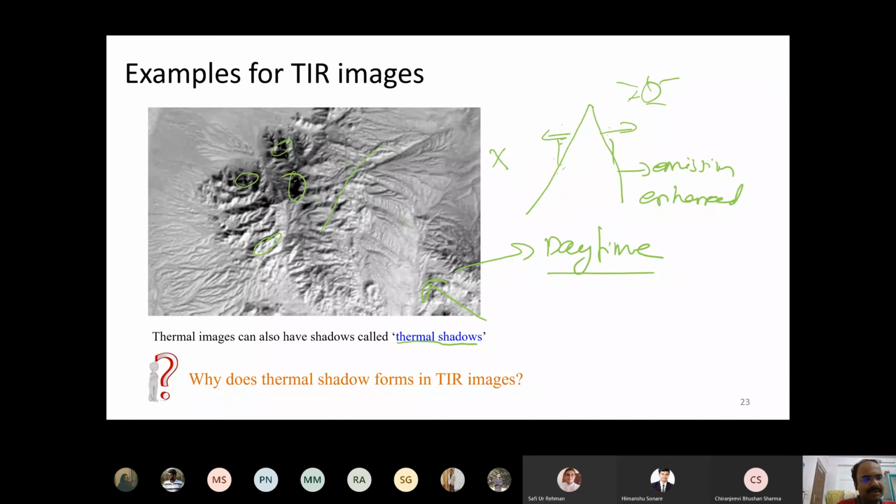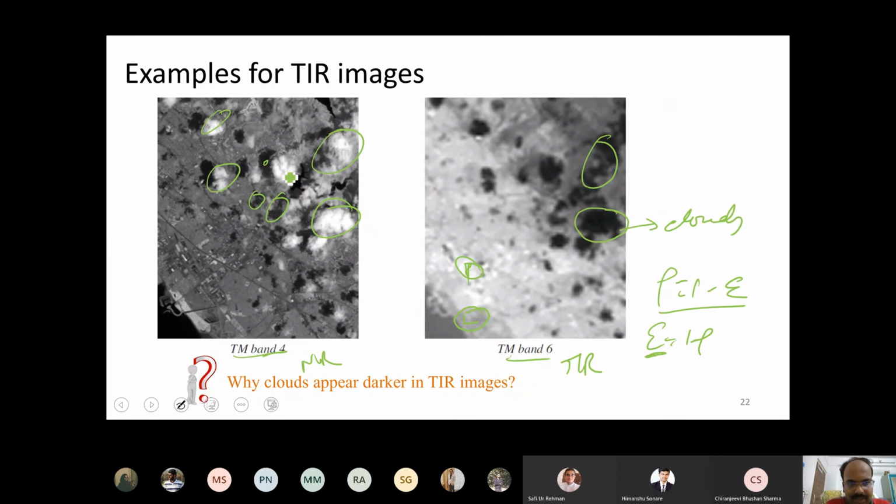In thermal infrared images, shadows occur because some amount of heating energy is being cut off from the surface. Even in this previous image, this cloud obscures whatever solar energy is coming in, and that is why the land surface below it has a slightly lower temperature than this portion. Here you can also see a small thermal shadow. This is a thermal shadow because the cloud obstructs the energy, and the amount of heating at this point on Earth's surface will be less than at its neighboring pixel.